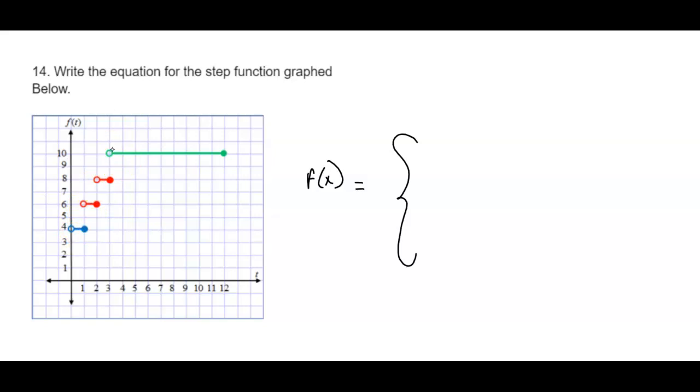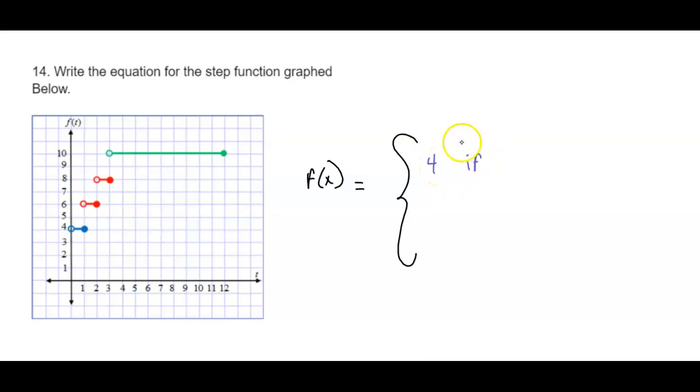So we should have 4 equations in our piecewise function, and each of those have constraints based on how long they are horizontally. So we always go left to right. So let's start with this blue piece right here. That is a horizontal segment that crosses at 4. I'll try to color code here. The blue, and I don't have blue, let's use purple. All right, so the first segment has a value of 4